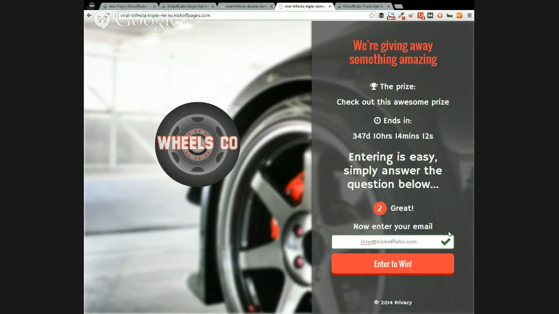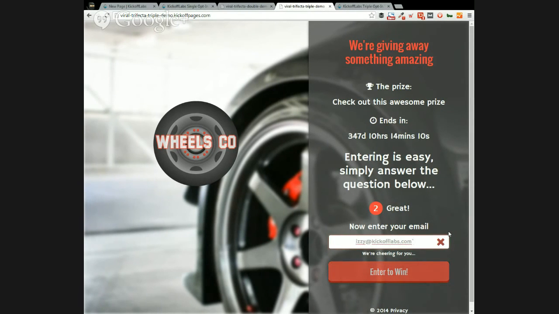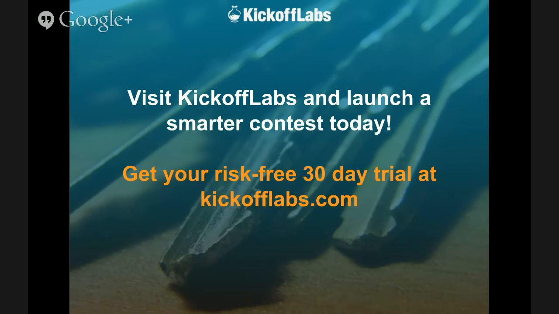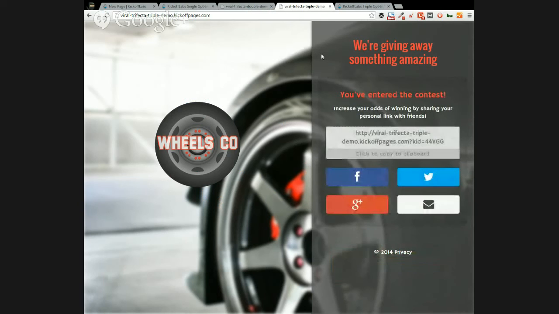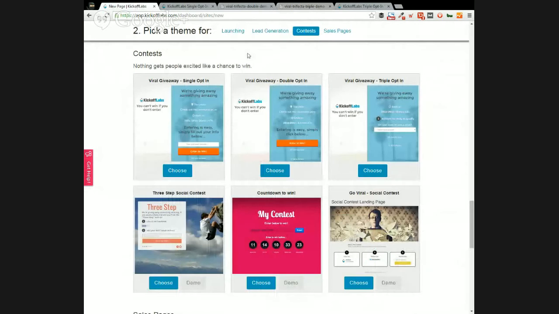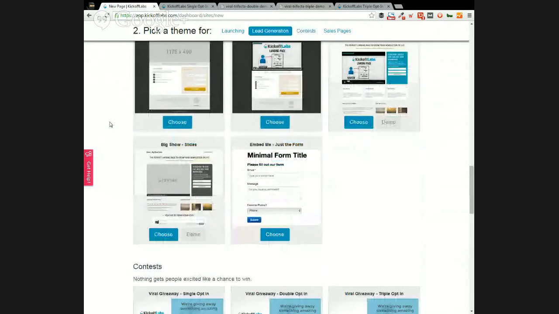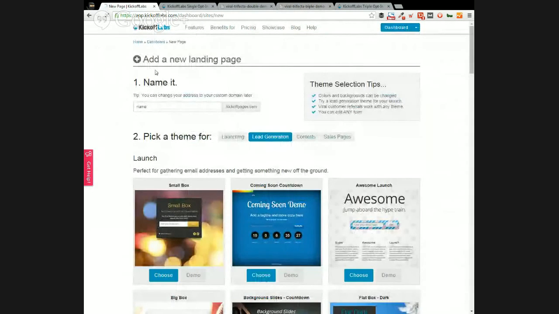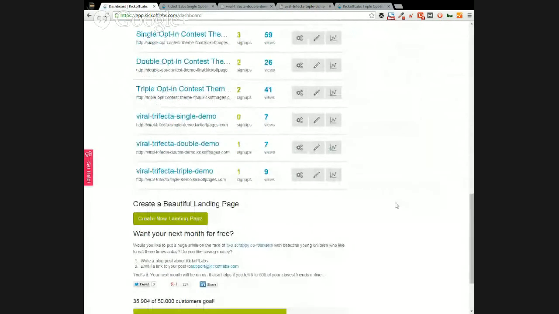These are the new themes from the front end. Let's take a quick look at the landing page editor, if we have time for that, Josh. Yeah, you've got a couple minutes. Okay, so I'll jump into the landing page editor here. I'm going to go into my landing page. Okay, so